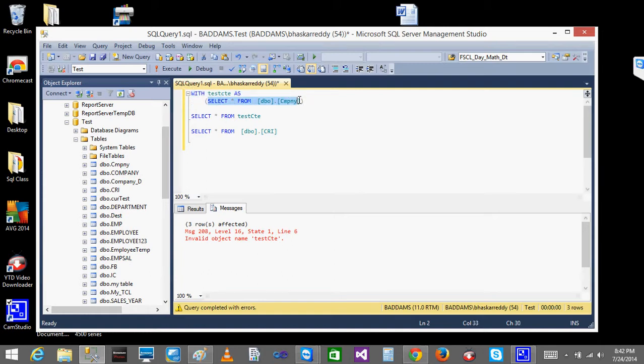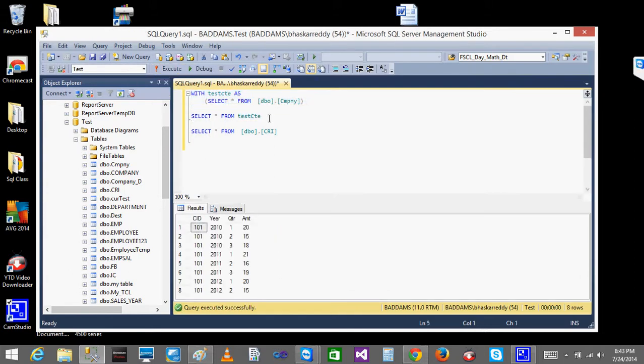It will just store whatever the result is there. It will just store the results in one table. It's the same as a view, a table, or a variable, anything. Whatever output you get will be stored in this one. And when you do select star from it, now you will be getting the data.